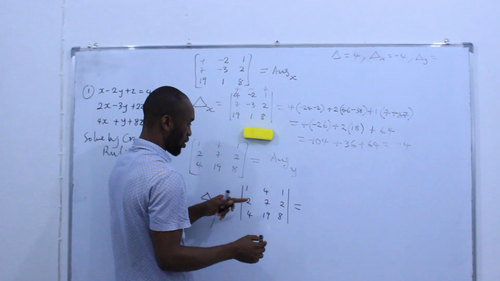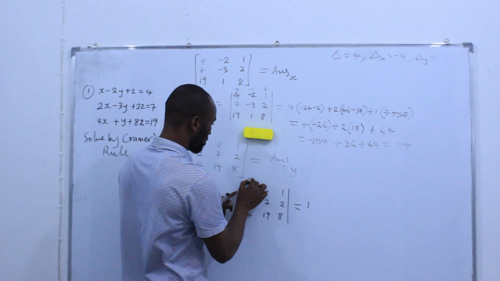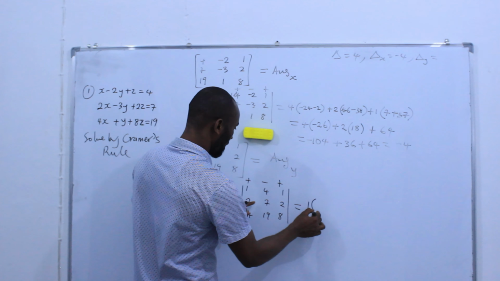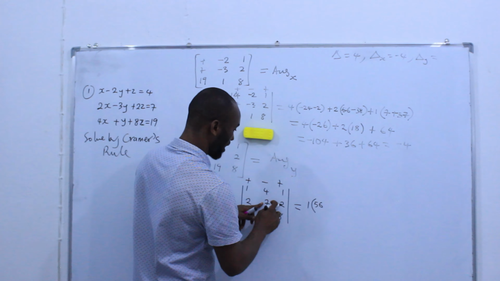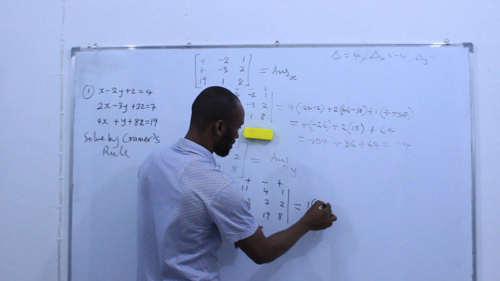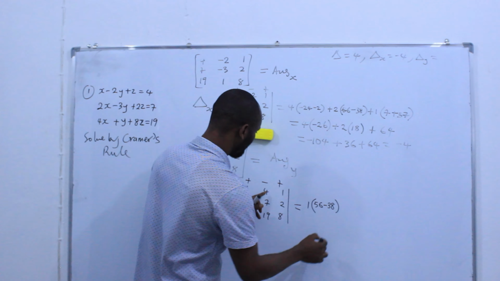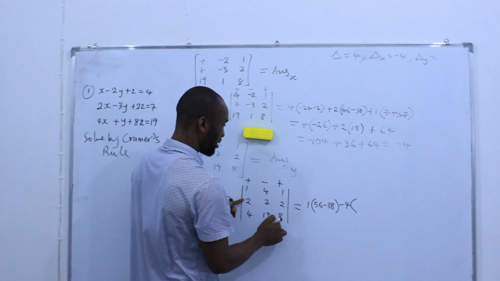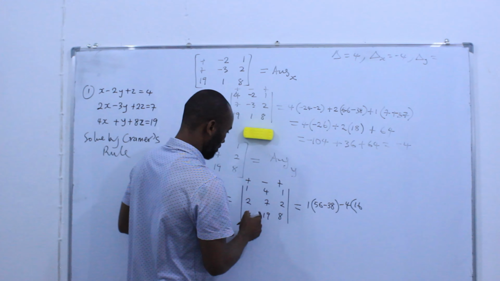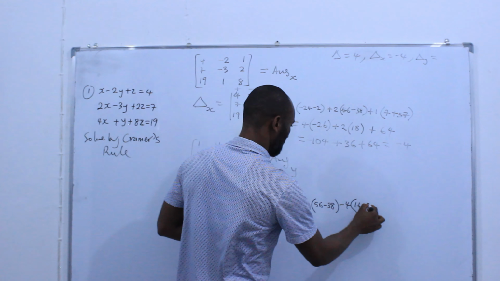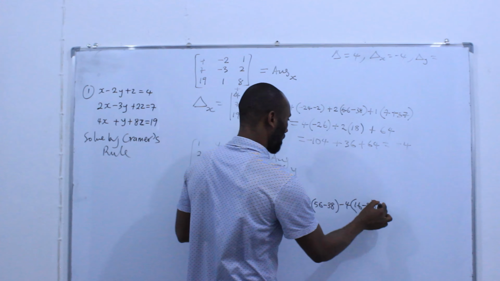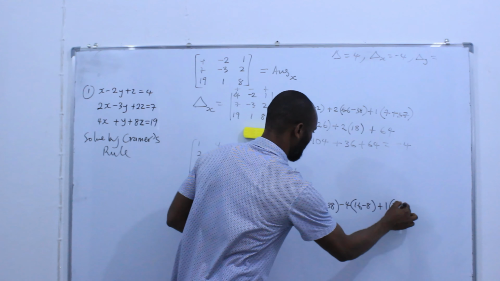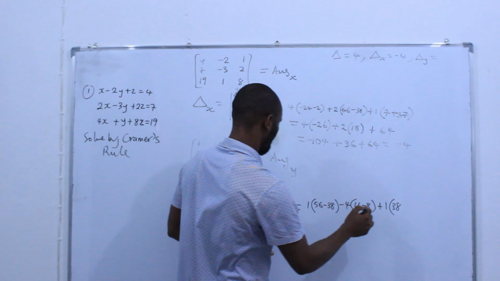Okay, quickly let's run it out. We have 1 plus minus plus. Remember that, plus 1 in bracket 7 times 8 is 56 minus 38. Then you have minus 4 in bracket 2 times 8 is 16, 4 times 2 is 8. Okay, you have 1 there, plus 1 bracket 38. 38 minus